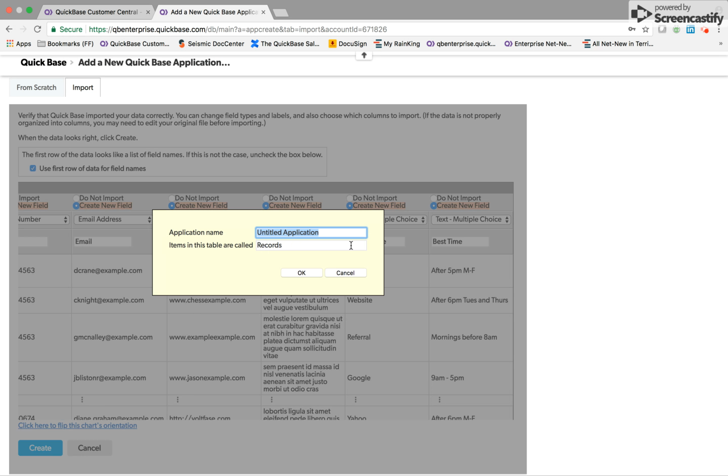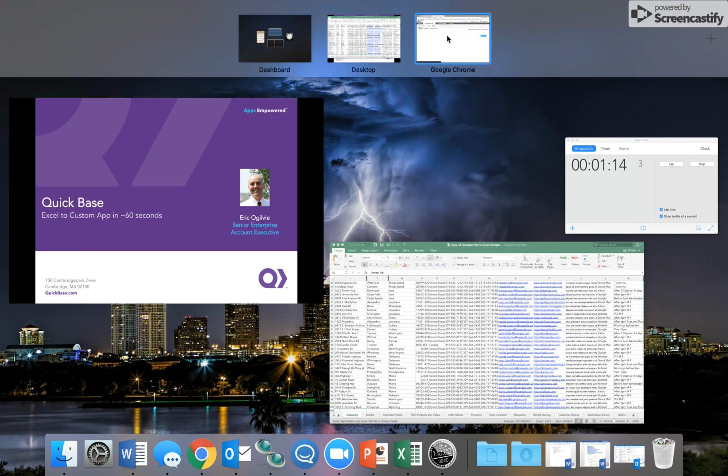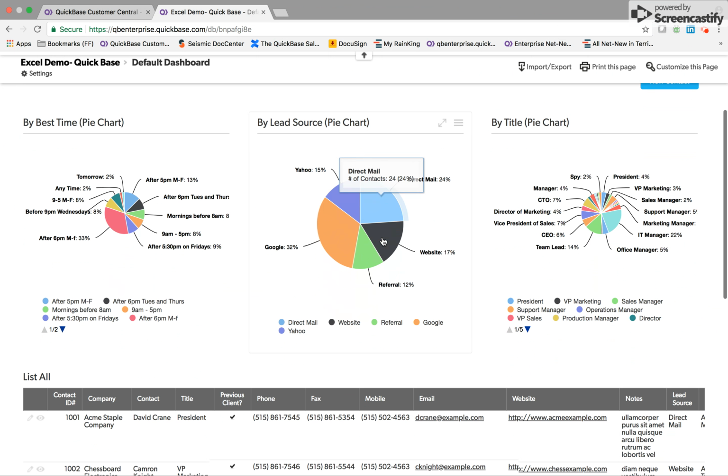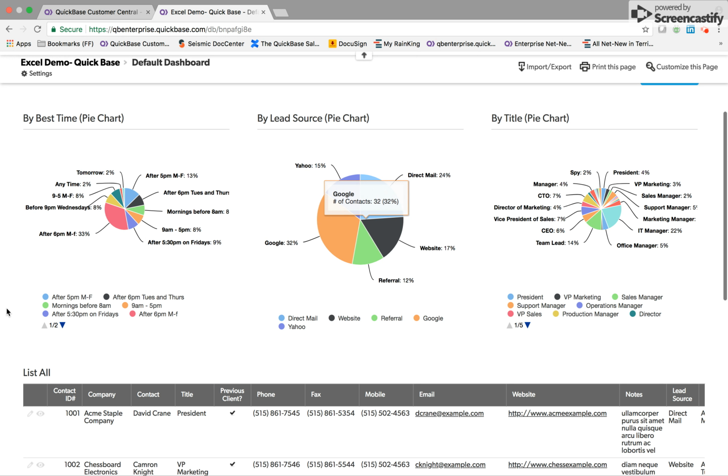Let's click create. We're going to call this Excel. Oops, that's going to cost me time. QuickBase. These are all called contacts. Click OK. How am I doing on time? I am over by 13 seconds, but we now have a live cloud-based QuickBase application where all of your data